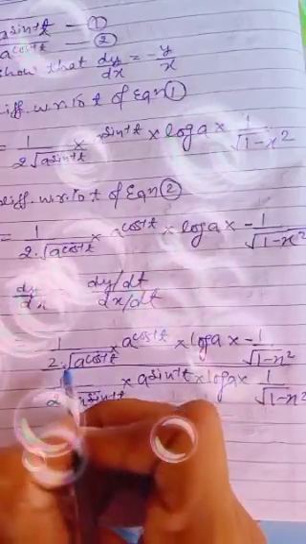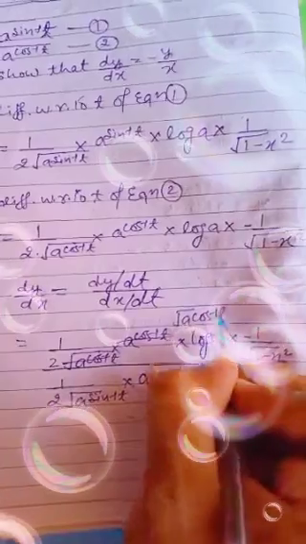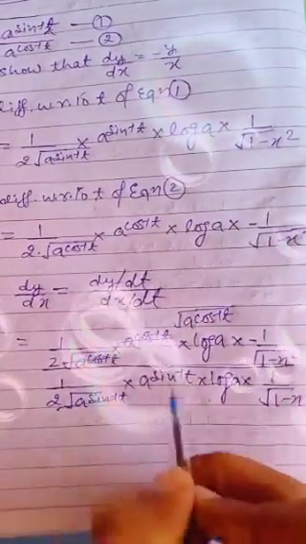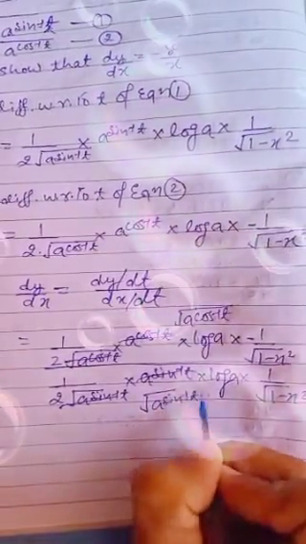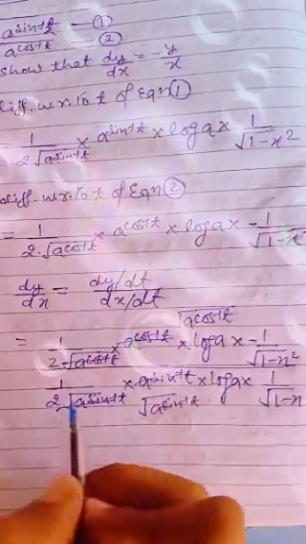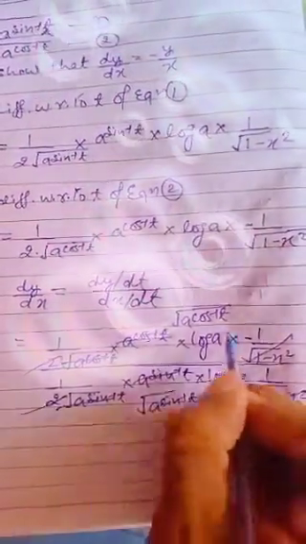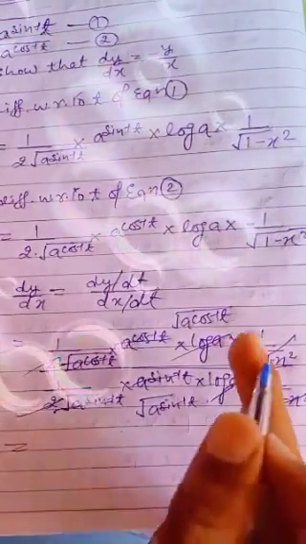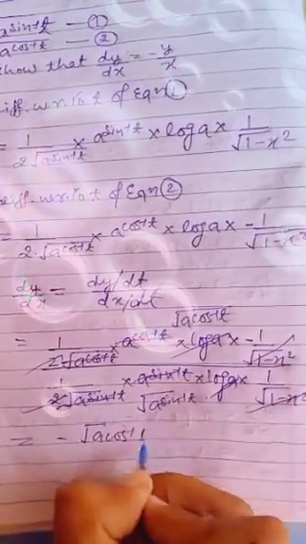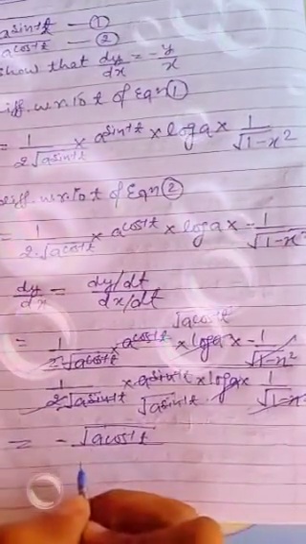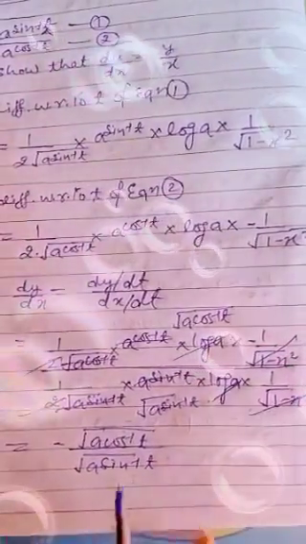So you can see this root and this root cancel, root a cos inverse t, and this root cancels root a sin inverse t. And what else is cancelled? 2 also cancels, this cancels, log a cancels. So what is remaining in the numerator? Minus a cos inverse t divided by root a sin inverse t. Now you see